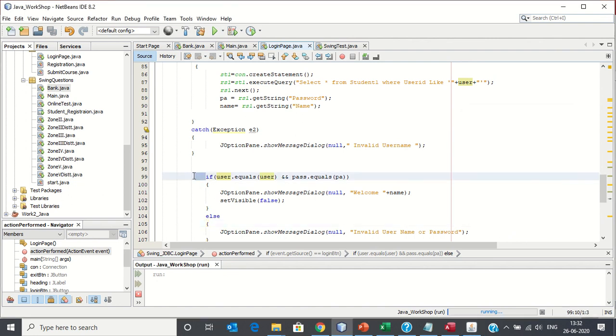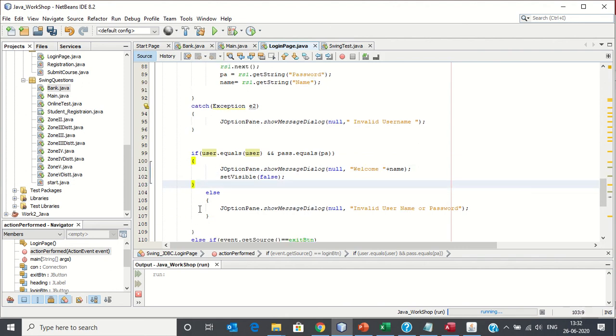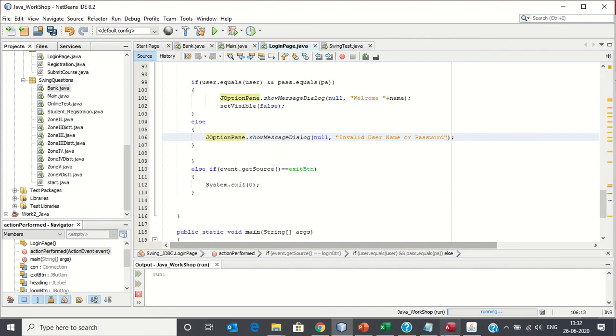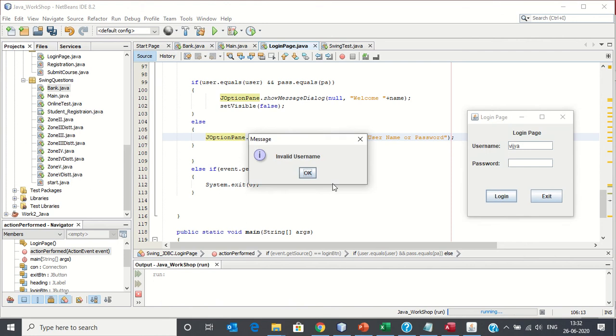Then it will also show an invalid username and password because we have not matched the username or password. The password is different, so it will again show an error. So you can see, invalid username.